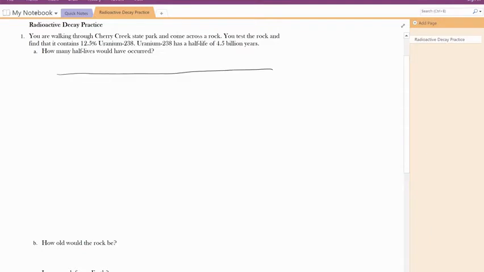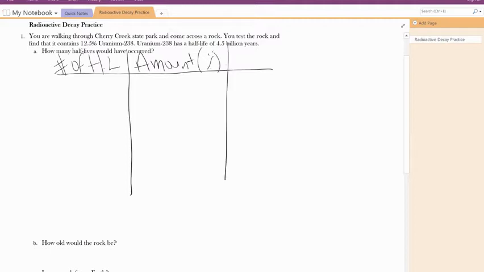So for my data table, I'm going to have 3 columns. This first column is going to be the number of half-lives. The second column is going to be the amount of that uranium that's left, and that's going to be in a percent. And then the third column is going to be the age of the rock, or how many years